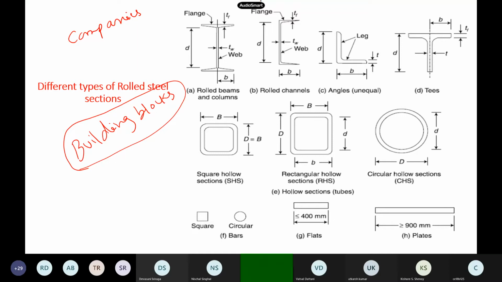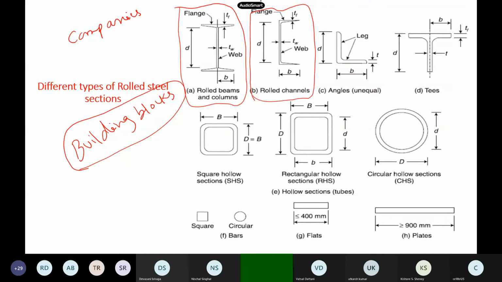Now in our codes, our companies roll these types of things like I sections. They manufacture these I sections. There are also several classifications like ISMB, ISJB, junior beam, medium beam, lightweight, and others. They also manufacture rolled channels. This we call a channel section. I hope all of you would have studied I section.